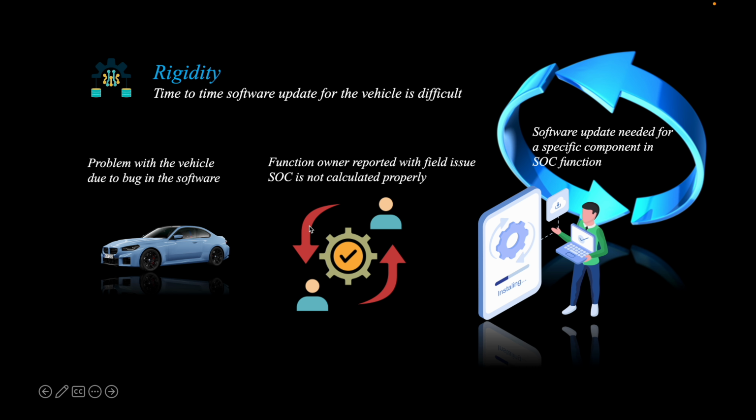So there could be a debugging team or function group team who can analyze all this. Now they found that there is a problem in the SOC calculation algorithm and some update is needed. So they decide there should be a change in the code. Now there is a change in the code, and I want to update the real time code that is running on the vehicle now. That is only possible if your software is flexible